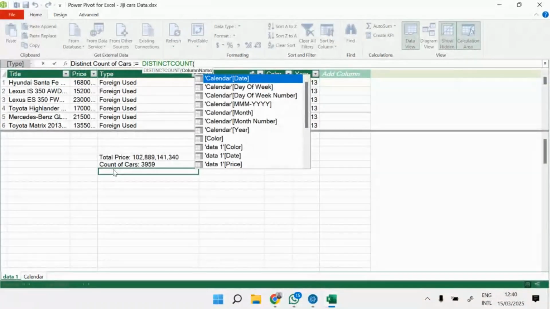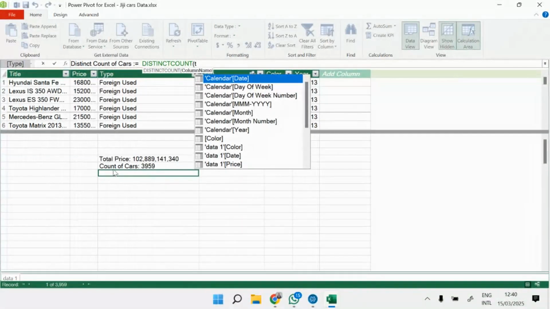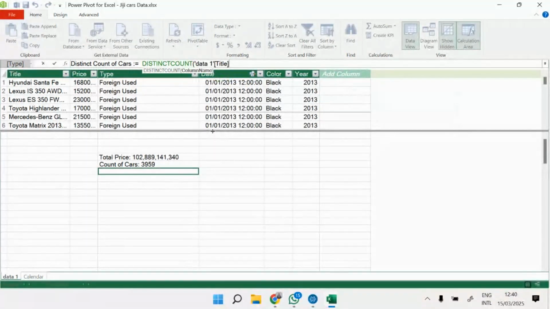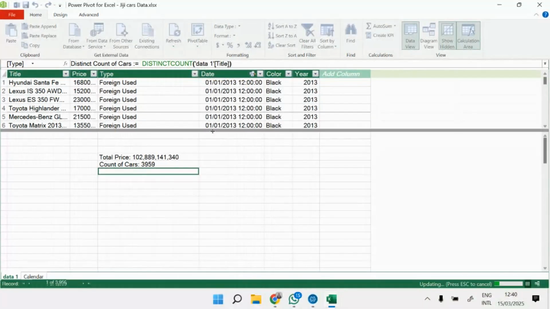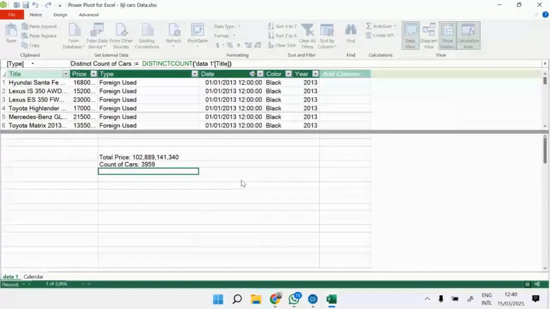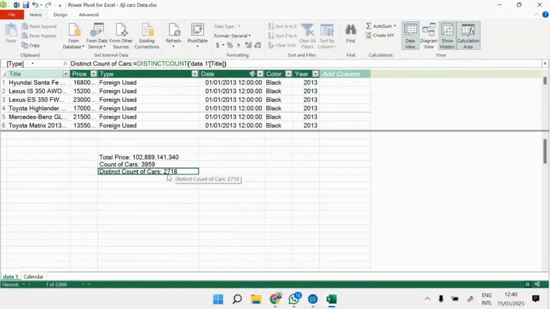Then you can count anything. Let's count title again. Remember, I can complete this, and then this gives me the distinct count of cars. Let's see, what's the distinct count of cars? You can see there are 2,718 different cars on the platform, but some cars were posted